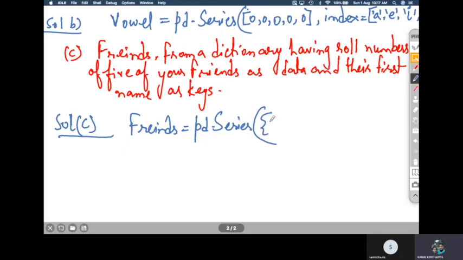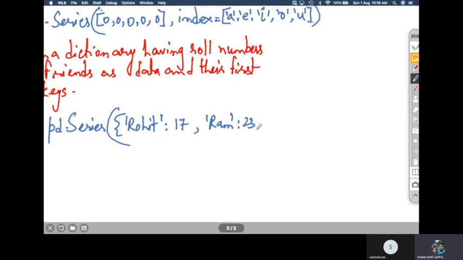So you have to create a dictionary where you write the first name of your friend as the key, and the data as their roll number. The roll numbers are 17, say for example. Then Ram 23, for example, and then we have Aditi colon 27, and then we have Sachin colon 50.